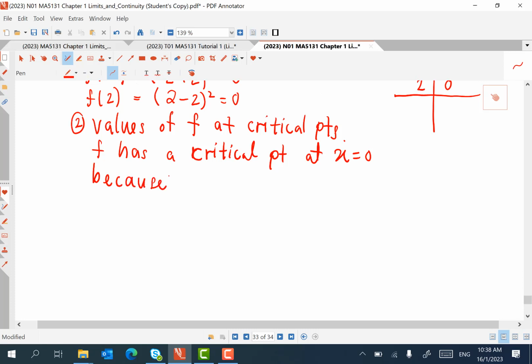okay, how do you say that it is a critical point? Because in this case, f prime 0 is undefined. Okay, then you're challenged now. How do you know it is undefined? To show that the function at x equals 0 does not have a defined gradient, you actually have to go and show that. You have to start off with this line by saying that f prime 0, by definition,